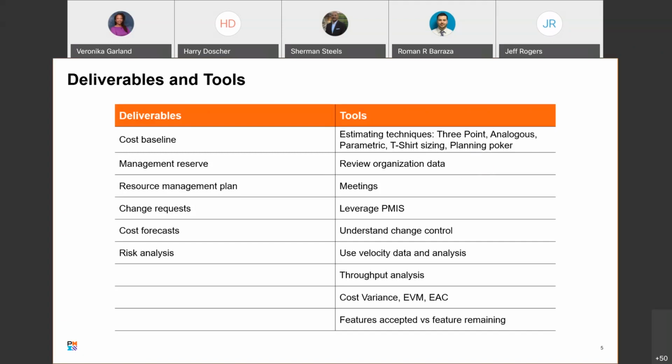Now, naturally, you're going to have meetings. Meetings can be both customer facing and development team facing. So as a project manager, you're in between. You're representing the development teams to the customer and the customer to the development teams. To be able to leverage PMIS,